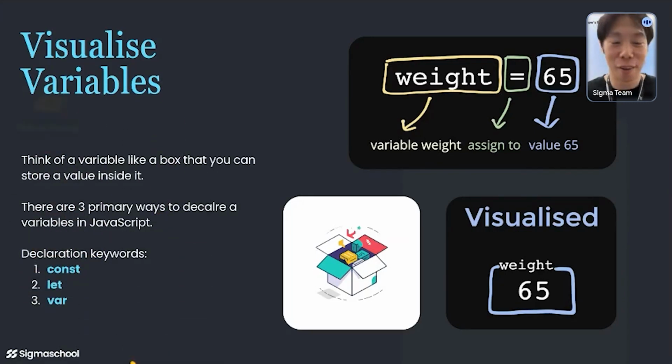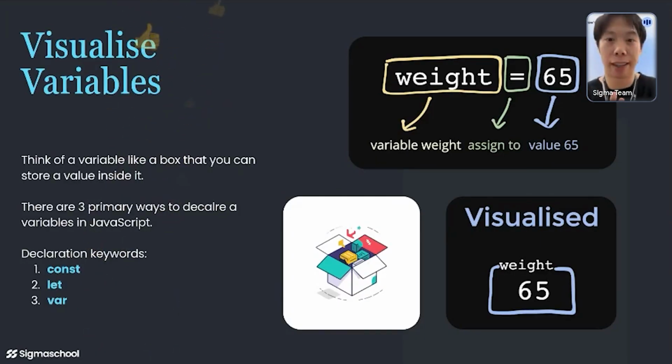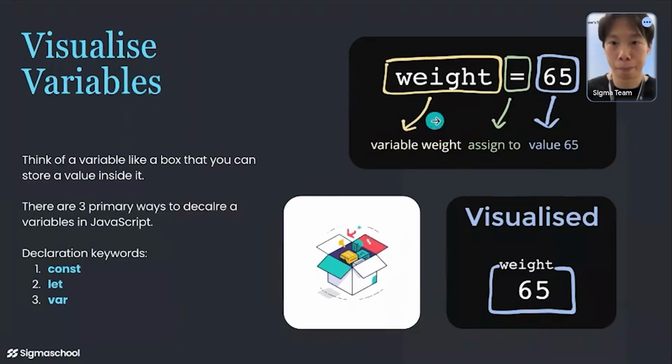All right. So now do you understand what variables are, right? There are 3 ways to define variables in JavaScript specifically. The keywords are const, let, and var. Today we are mainly going to be focusing on const and let. Var is sort of deprecated, and most people would prefer using let. Quite similar, but we don't want to get into that too much in detail. So today we're learning about the 2 most common keywords, which are const and let, right?